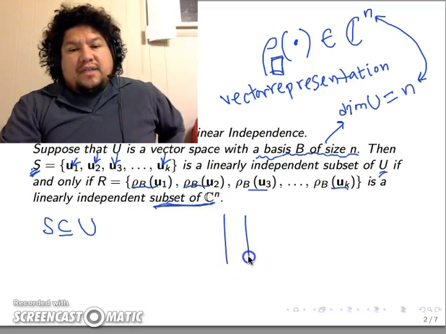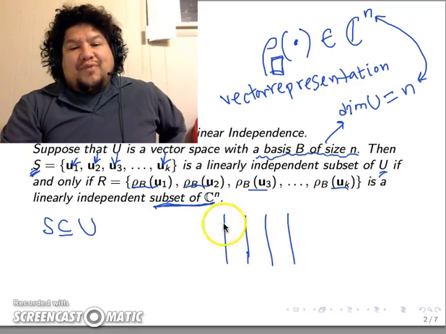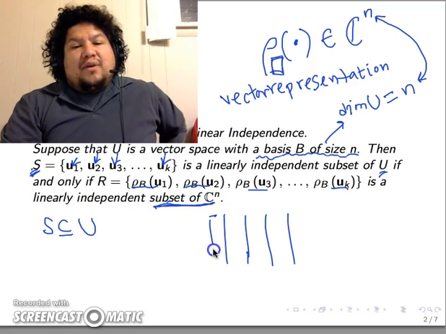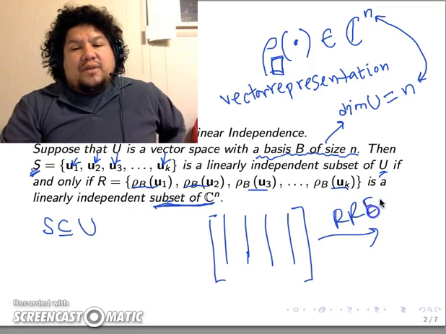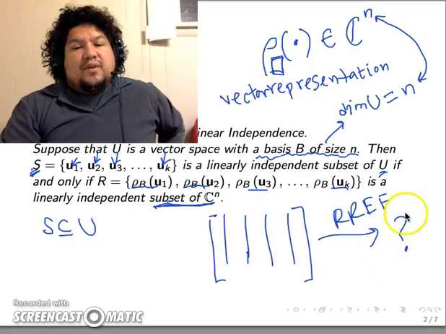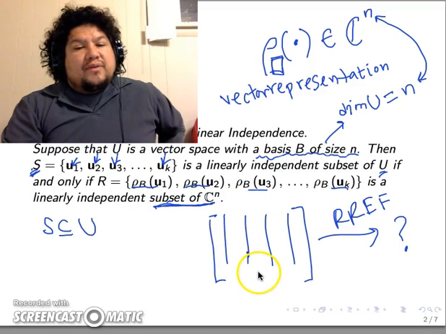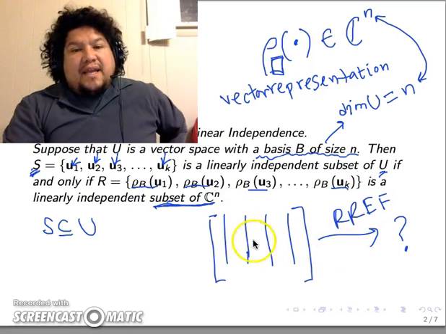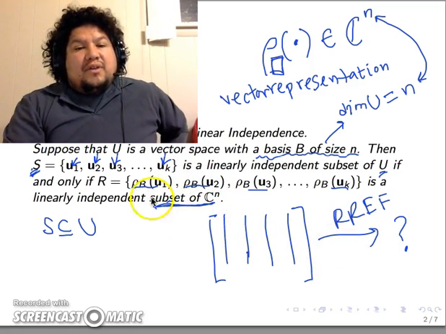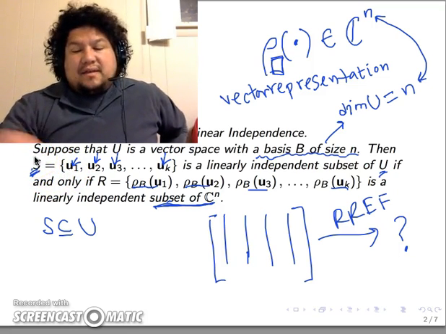If we have a subset of Cn, these are vectors of all equal length, and we want to know whether or not they are linearly independent. We stack those vectors as columns of a matrix, and then we compute the reduced row echelon form, and the reduced row echelon form would provide us with information as to whether or not those column vectors in Cn are linearly independent or not, right? And that's precisely what we would use here